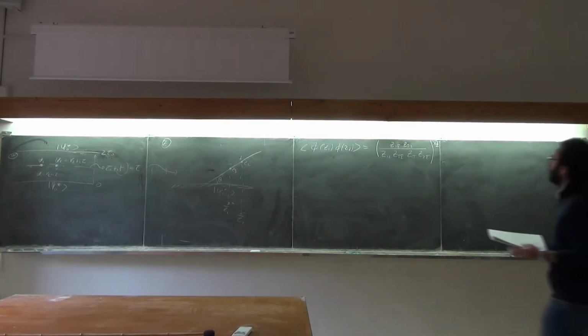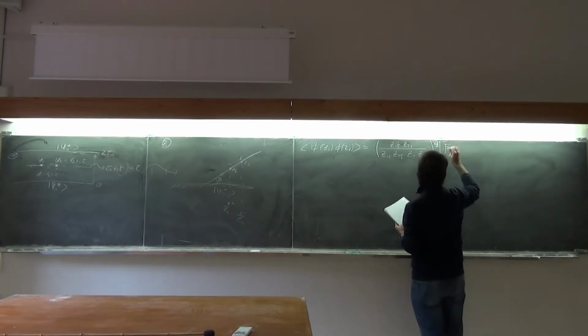And we have to multiply this object by an arbitrary function that depends on the field phi